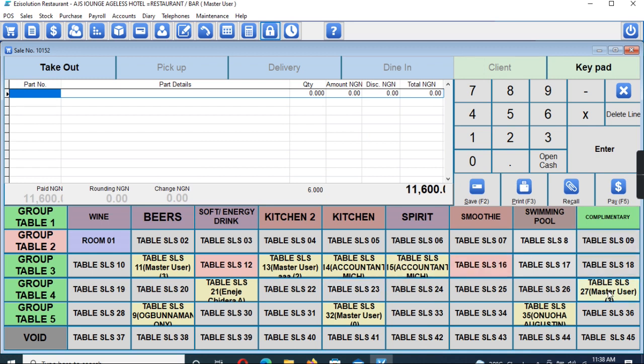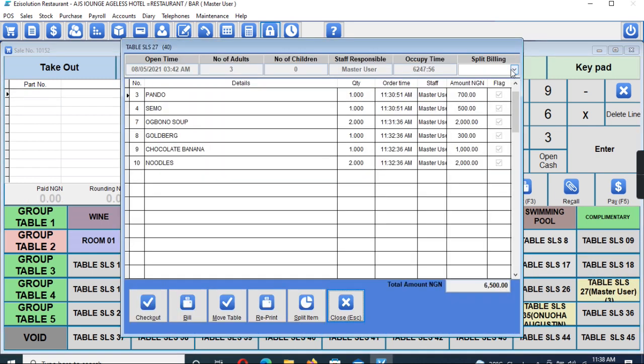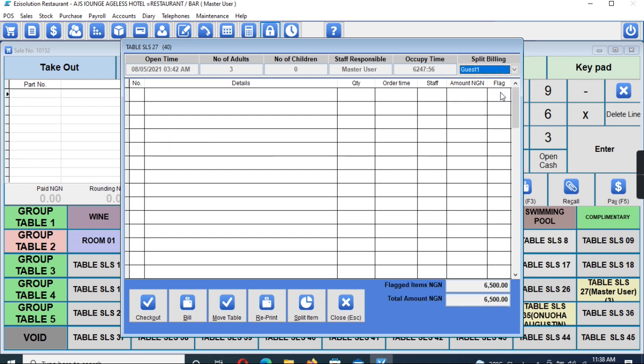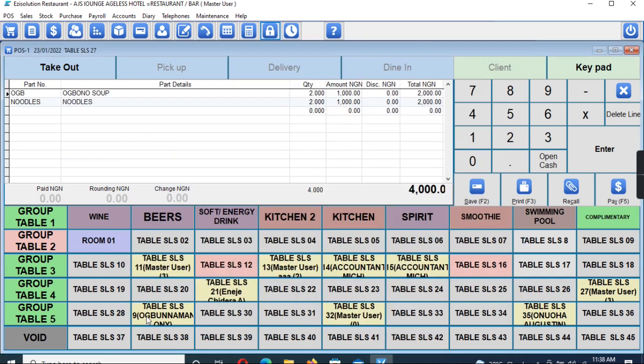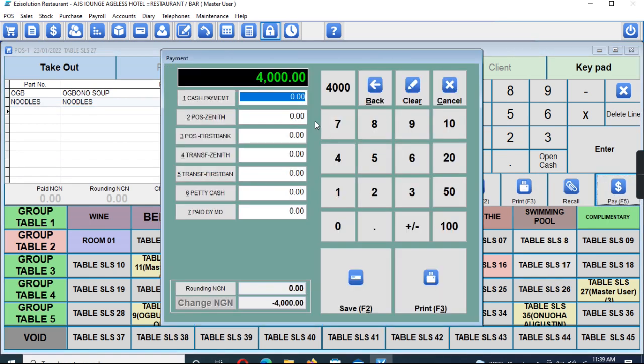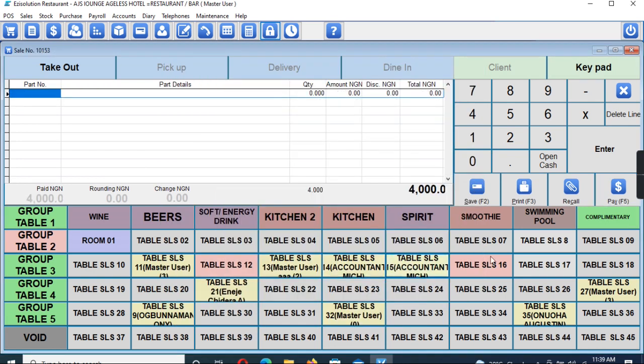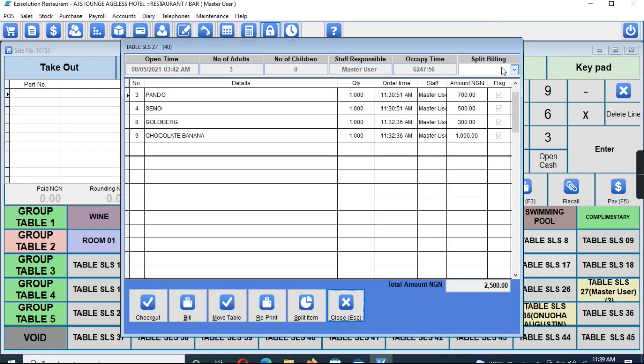Now the remaining one again, you come back. We have checked out for the first one. Nothing is there again. You can check out for this one. Check out for this one. Then all of them was cash. You click on cash. Then if you check out the last one,